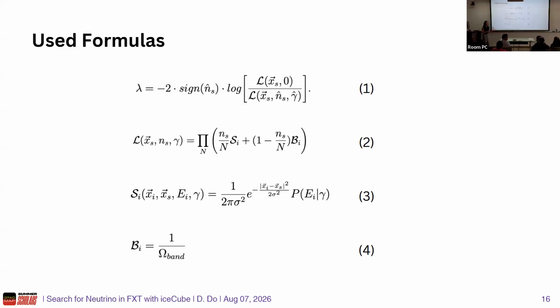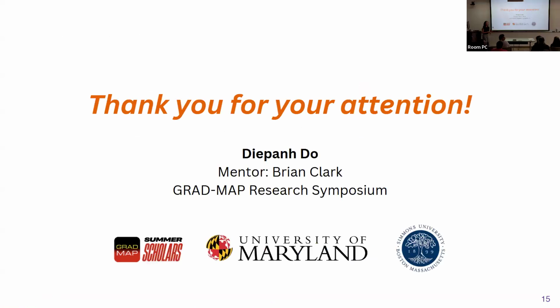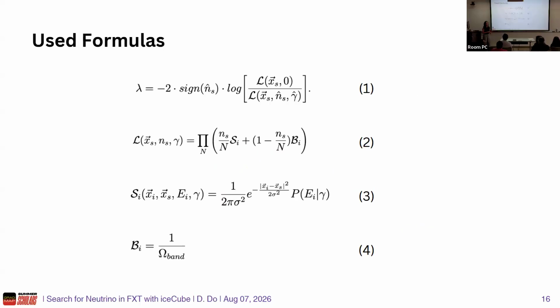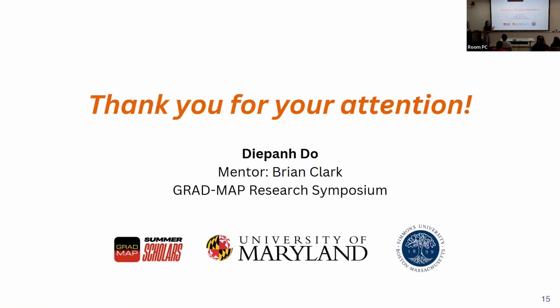You mentioned that you combine different information. Do you know which one is more dominant when distinguishing these two kinds of sources? For that, I don't know too much. Are you talking about between spatial, time and energy? Yes. For that, I haven't looked too much into the equation, but I'll look more into it and I can send you the formula.